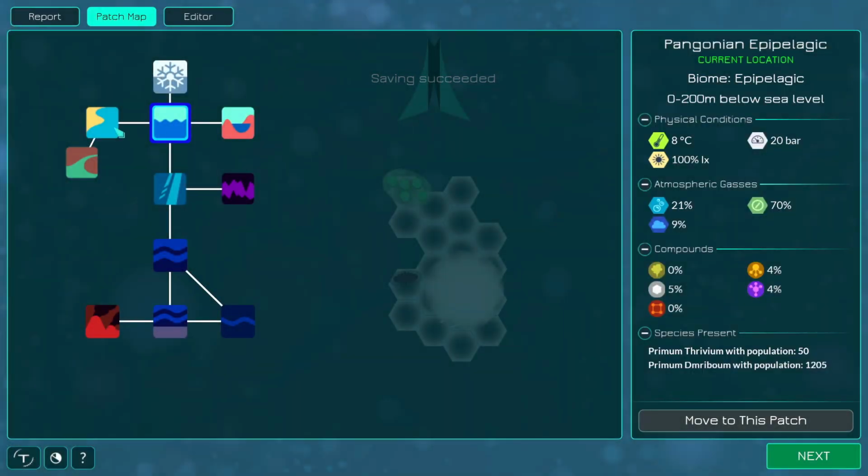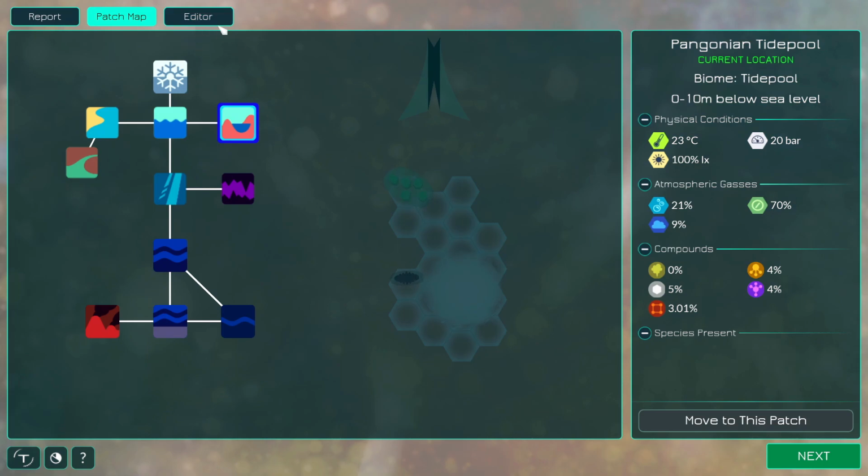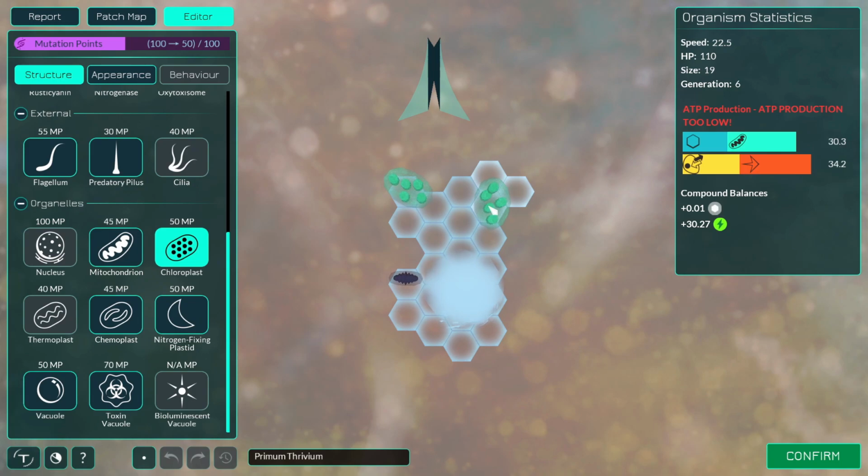There we go. Right, should we go to the coast or should we go to the tide pool? Is there any difference? Bit hotter there. Let's go there. Let's go to the nice tide pool. There we go. Oh, that looks nice. Right then. We're going to want to get another chloroplast, I think. Pop that. Oh no, because that...